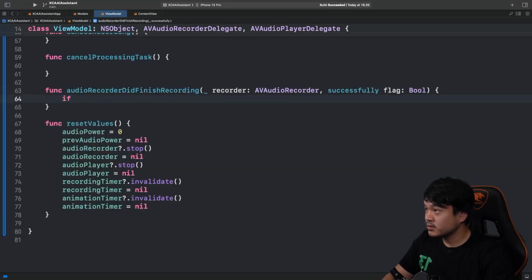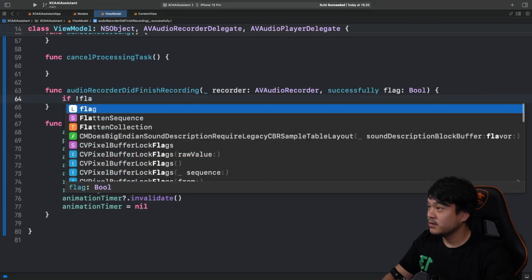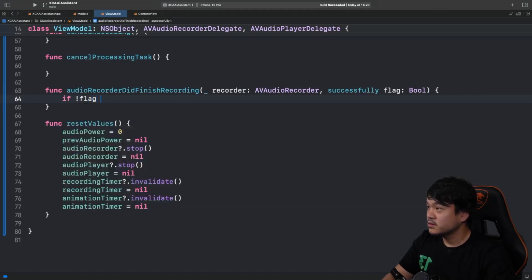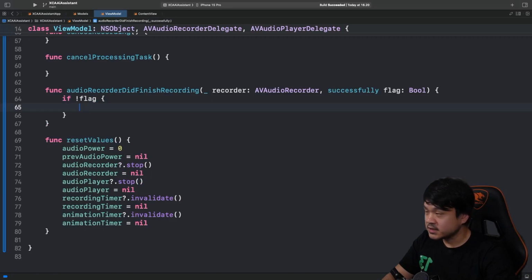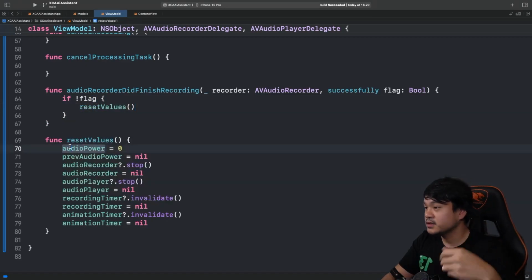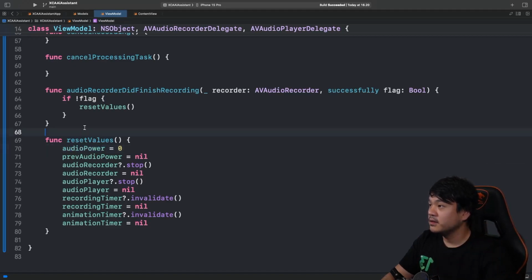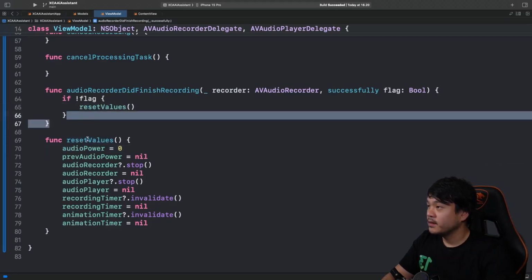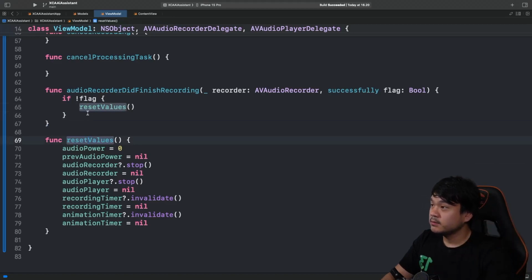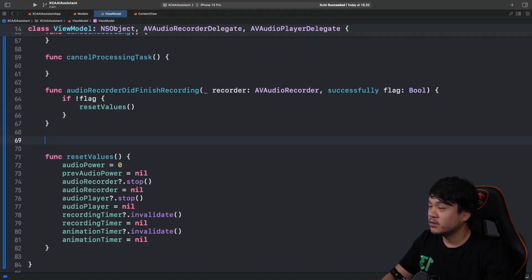In case the recorder fails, if the flag is false, then we will reset all the values, just to make sure, invalidate everything, and reset all the states back. If it is true, then we will process the recording, processing the speech to OpenAI, prompting GPT-4 and generating the speech audio as well.